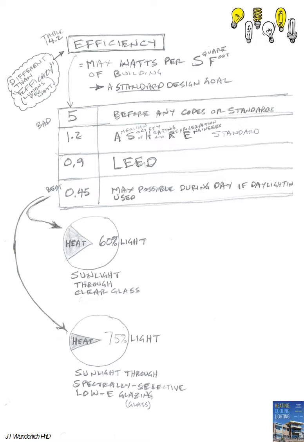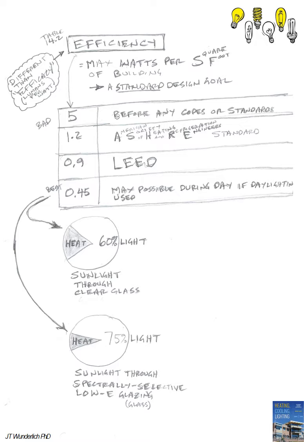So we want to talk about two things here, efficiency and efficacy. First we're going to speak of just efficiency, which is somewhat intuitive, and that's the energy per square foot of the building that you're using. And so these are standards here. And before you do anything at all of any quality, you're going to have a 5